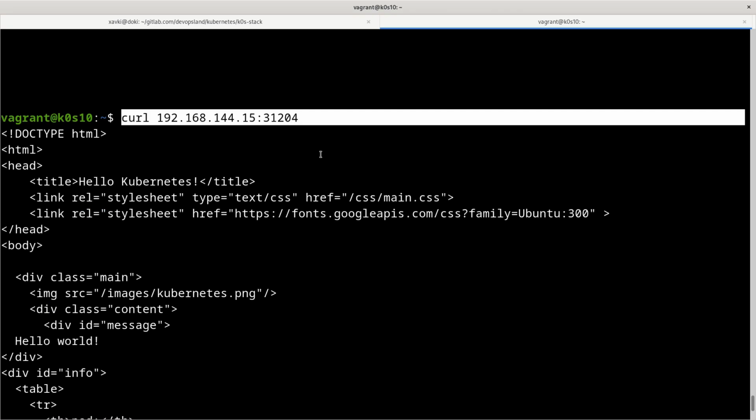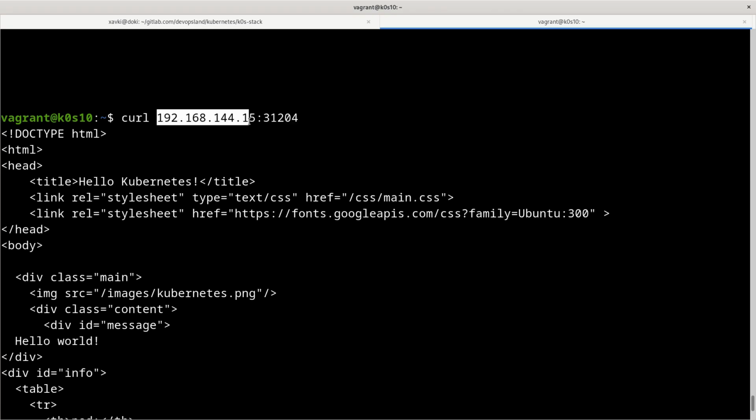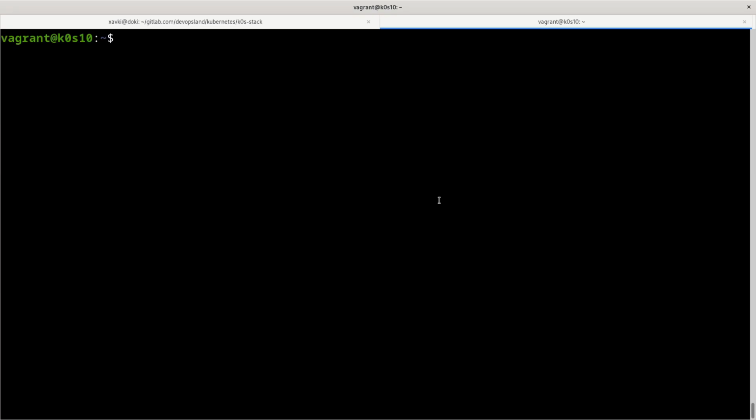But be careful, it's not really secure to do that, because if your external IP is a public IP, anyone can connect into your cluster. So this is a really bad thing to do with a service, to set it to node port.